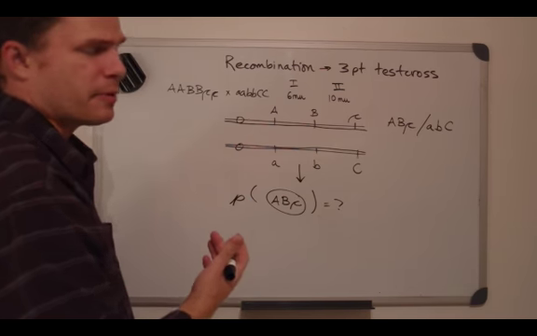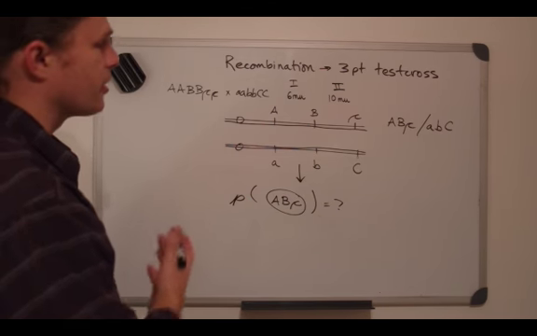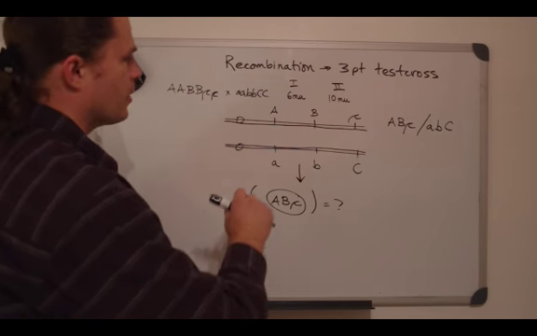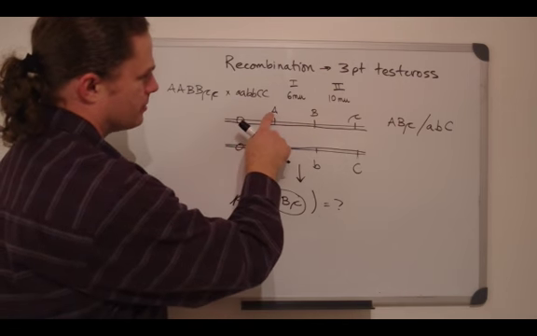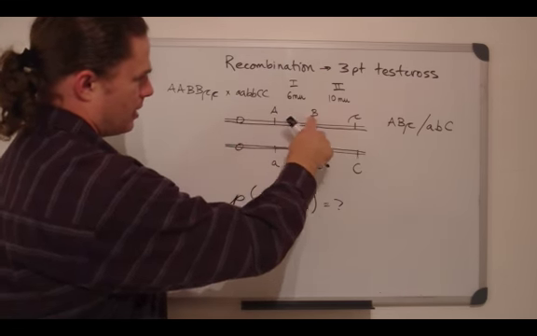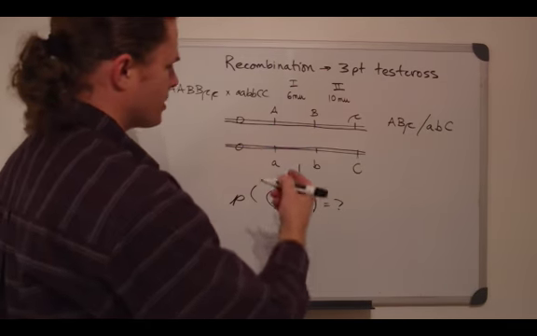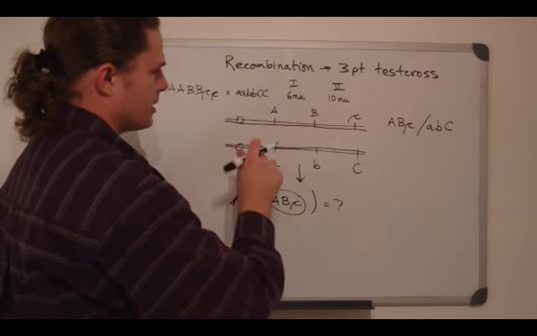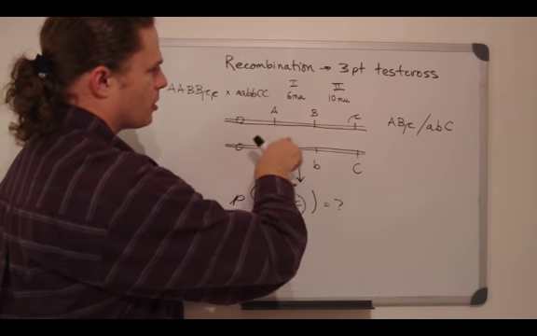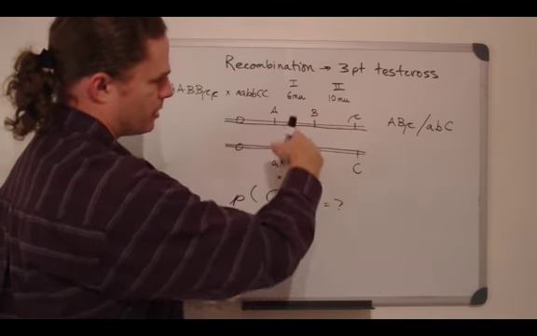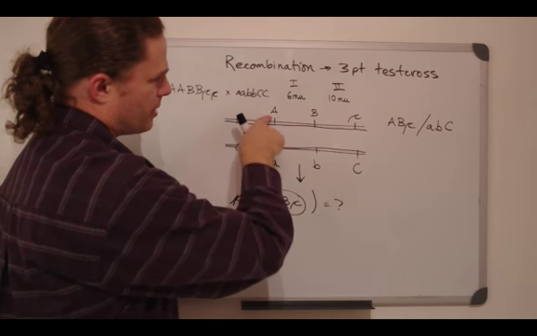This is very similar to what we've done with pedigrees. We can actually say what are the requirements in order to get this gamete type. We can say, well, we need a big A, a big B, and a little c. So what has to happen during meiosis for this to be the output is that we need no crossovers in region 1. If we had a crossover in region 1, that would shift us over to giving us a big